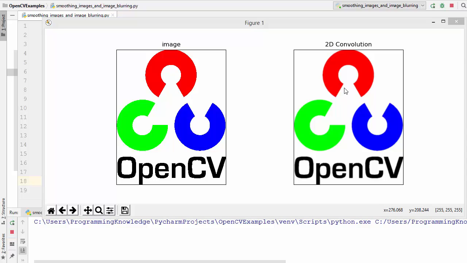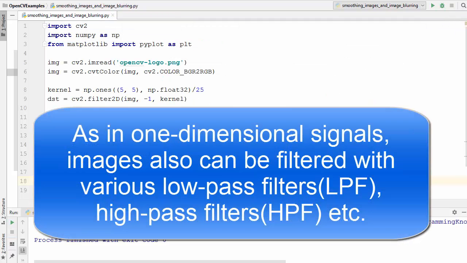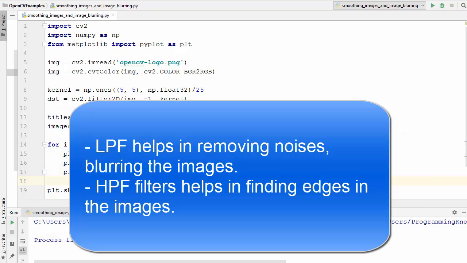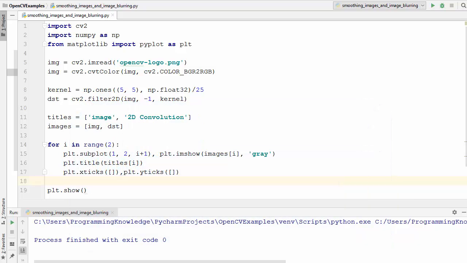So this is one way of blurring an image using the filter 2D function. Now, as in one-dimensional signals, images also can be filtered with various low-pass filters or high-pass filters, etc. A low-pass filter helps in removing noise or blurring the image, and high-pass filters help in finding edges in the images. Now, when you want to achieve image blurring, we need to convolve over the image with the low-pass filter